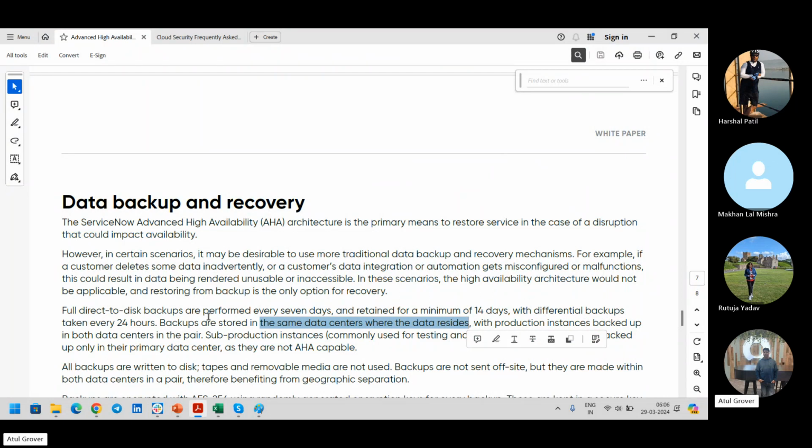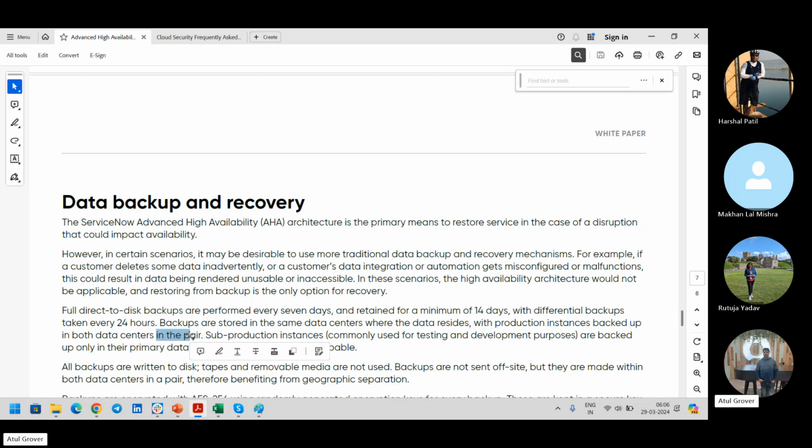प्रोडक्शन का प्रोडक्शन में रहता है और इसका वहां रहता है। So now can you imagine कि ServiceNow take the backup of my primary data center as well and the secondary data center as well. मतलब ये ऑलरेडी एक डेटा सेंटर का बैकअप है और उस बैकअप के भी दो बैकअप हैं।